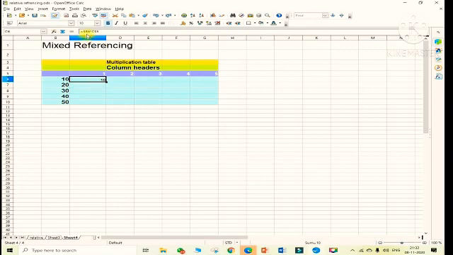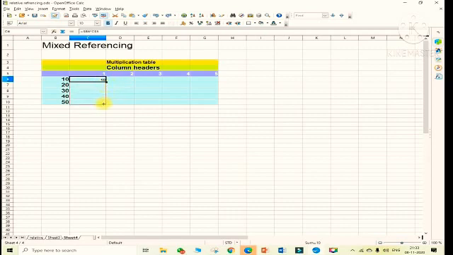So it is constant, multiplied by C$5. In that cell I want the result. I drag this, and I get the result. Similarly, I drag this column also and I get the result.